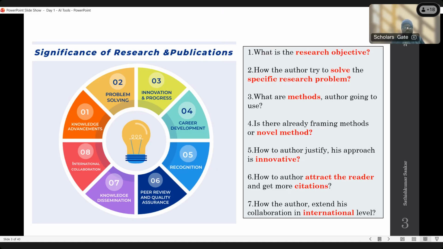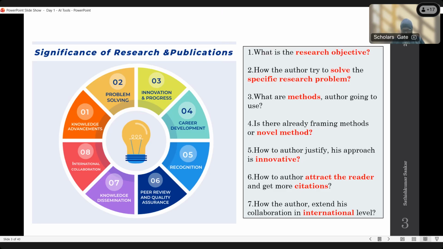And knowledge dissemination. Knowledge dissemination is nothing but this: we are not the first researchers. Somebody has done some particular research, and we carry it out to some point. Then we take the rest, and then somebody else takes that research forward. So we want to give that knowledge to our fellow researchers or upcoming researchers to carry out the research effectively. That will happen through research and publication and international collaboration.